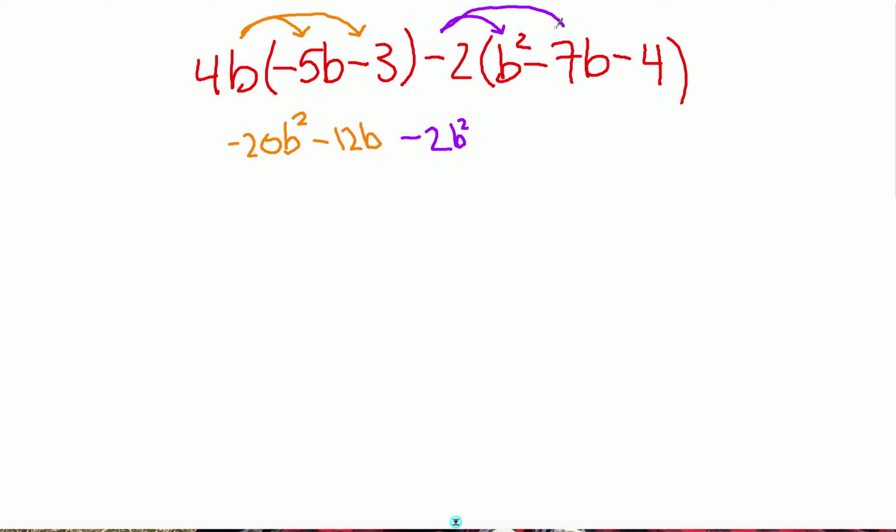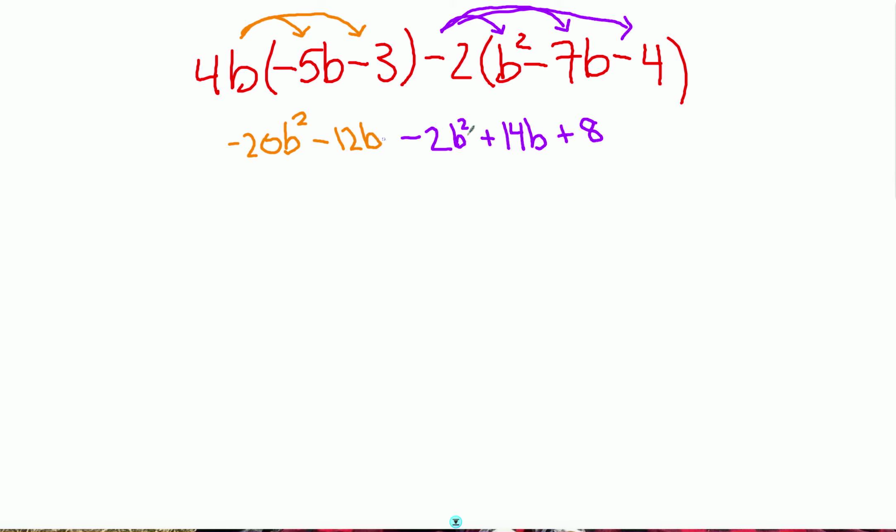Negative 2 times negative 7b would make positive 14b. And then negative 2 times negative 4 is plus 8. Now on this problem, unlike the previous ones, we're actually not finished here because now I can combine like terms